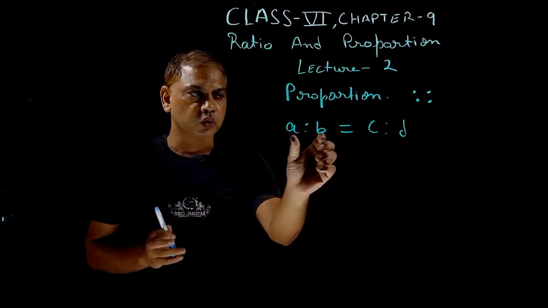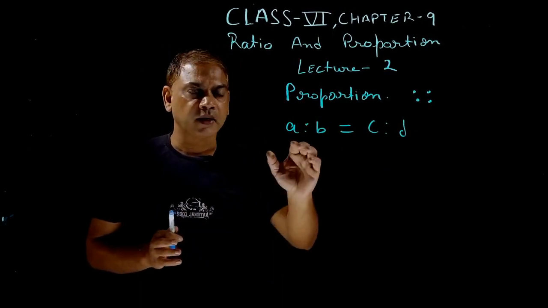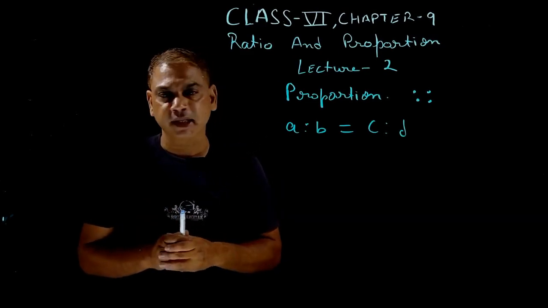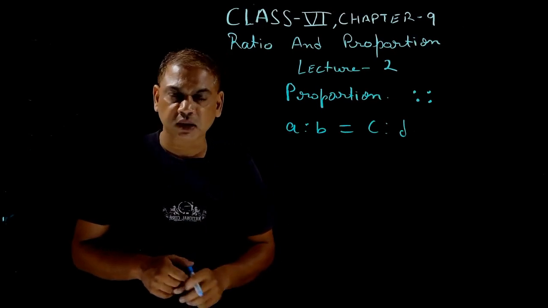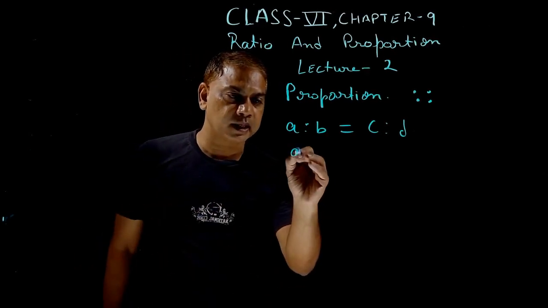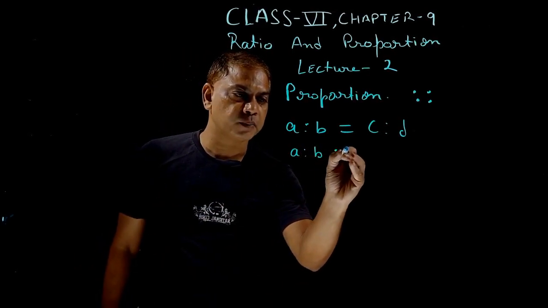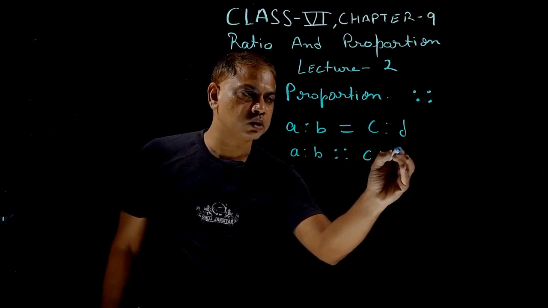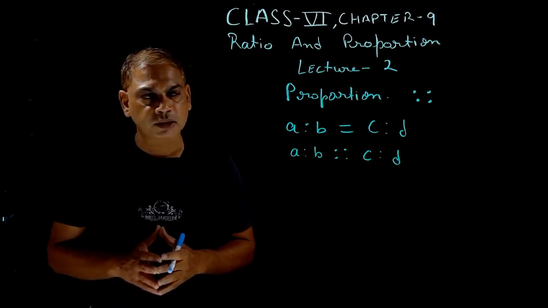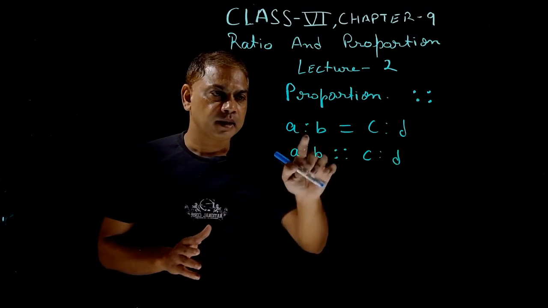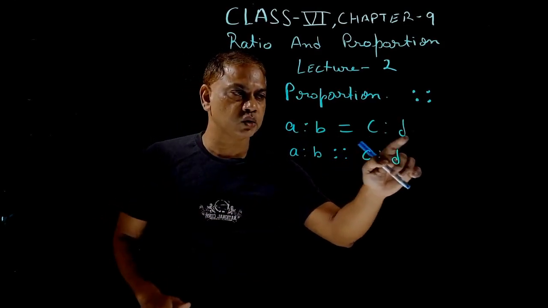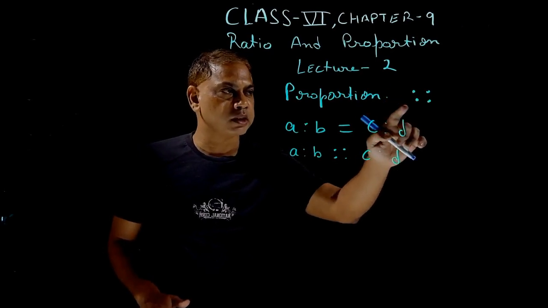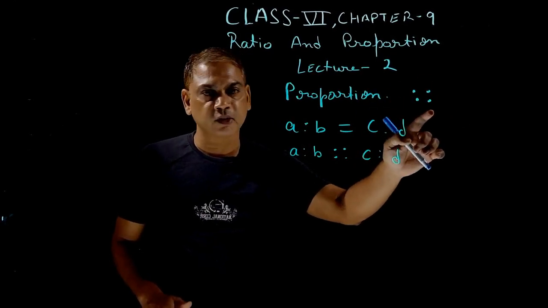Okay, when we compare two ratios and after comparing we find they are equal, then we say that the given ratios are in proportion. हम इसको ऐसे भी लिख सकते हैं, A is to B is proportional to C is to D. Clear है students? समझ आया? A is to B, this is a ratio, it is equal to the second ratio, that is C is to D. Sign of proportion is, I told you, this is the sign of proportion.